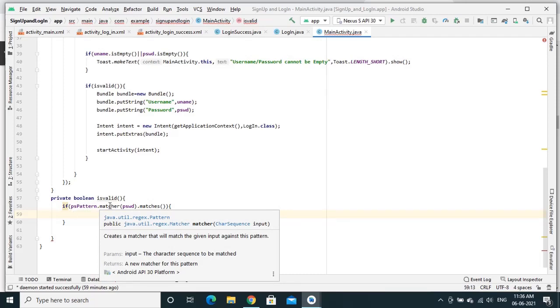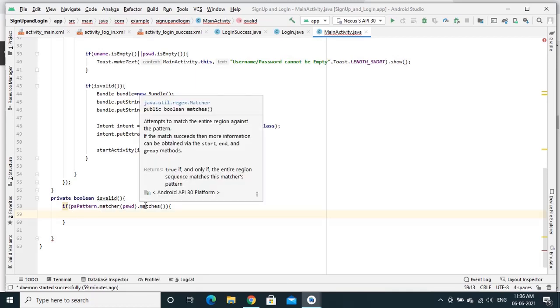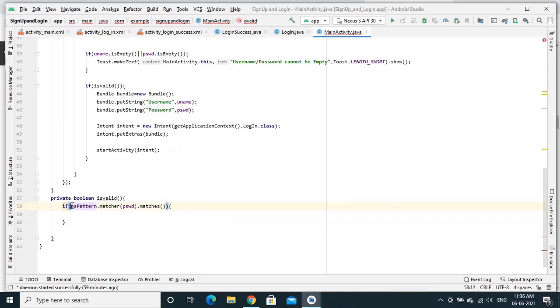The matcher function creates a matcher that will match the given input against this pattern, and it will check whether it matches or not. So this will return either true or false. Here I need to check if that is not matching, so the entire thing is negated. If it is not matching, then I need to print a toast message.